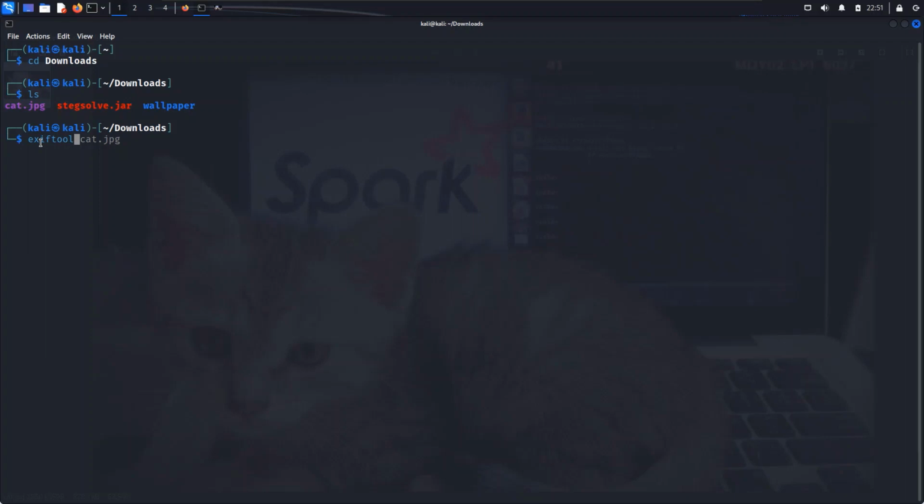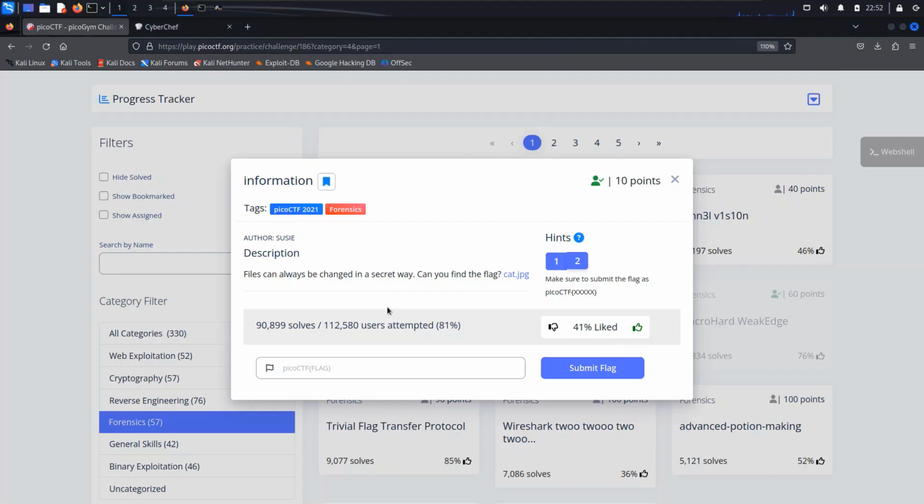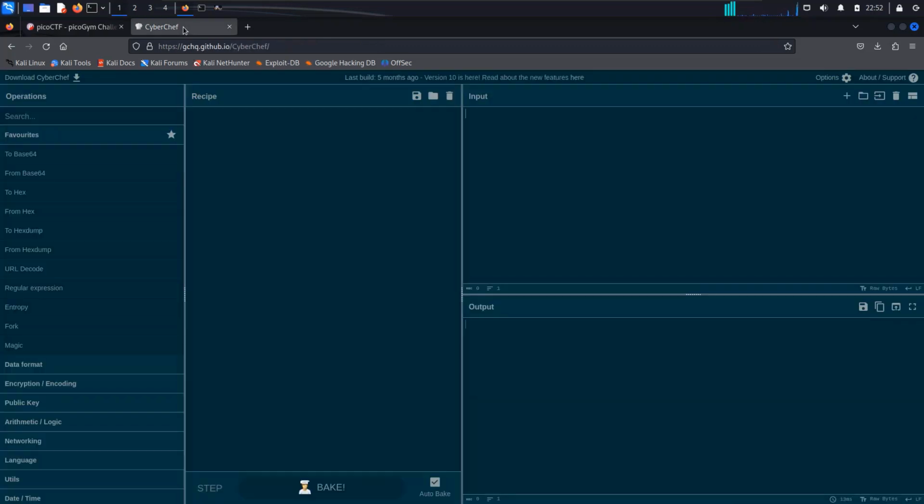In this case, we are working with cat.jpg, so just type the command, and here are all the elements, the information that belongs to the file. Just look for the strange, uncommon things among these. These are the first strange things I've seen. I think this is a hex byte sequence, but we've got no idea, so just copy it.